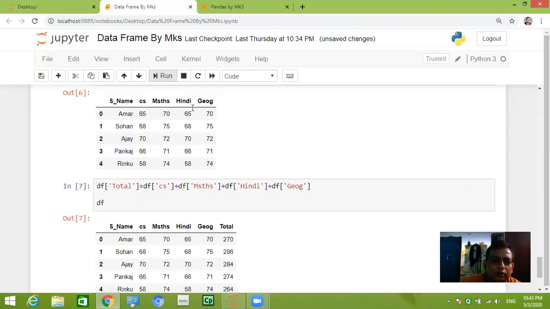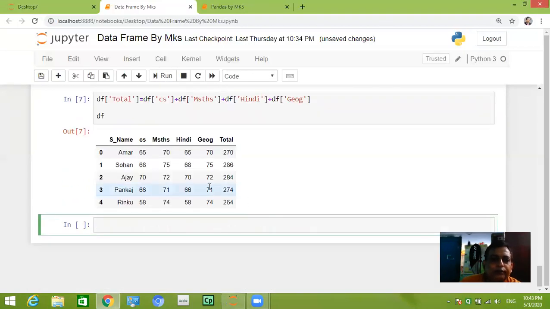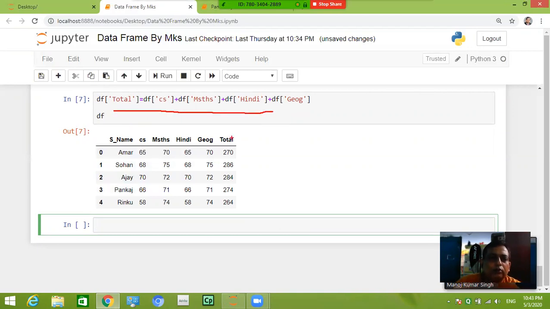Let's run and see. Yes. Now you can see this has created one new column. It was not in the data frame before. Now total has come as a new column, and it is giving the total marks for each student. So in this way we can add new columns also.